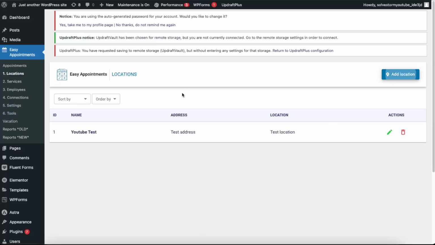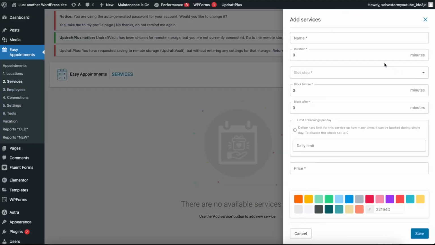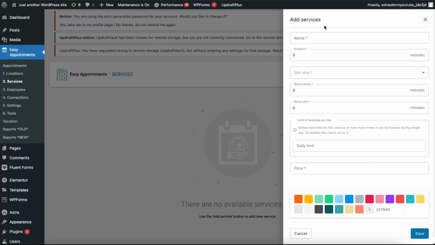Now, after you enter your locations, you want to enter your services. So here you will need to enter a name, duration. You can also enter the price, but it's not necessary. And also you will choose some type of color. So let's enter some name. So for example, let's write down bridal makeup, duration in minutes, something like so,